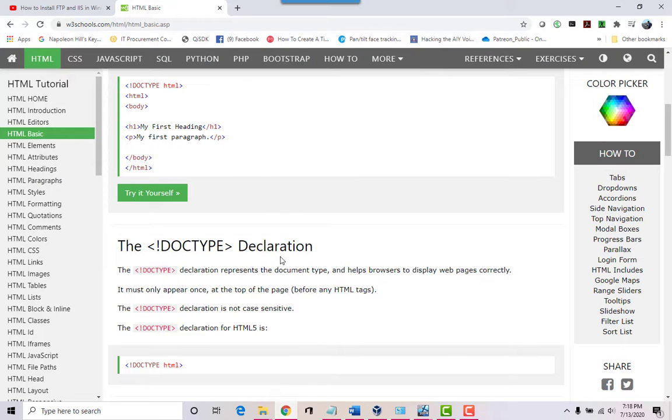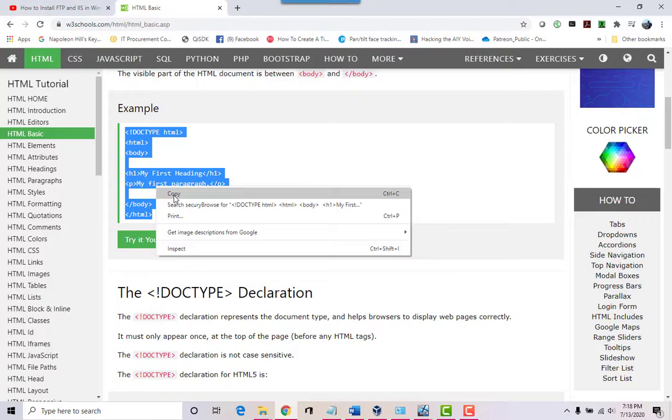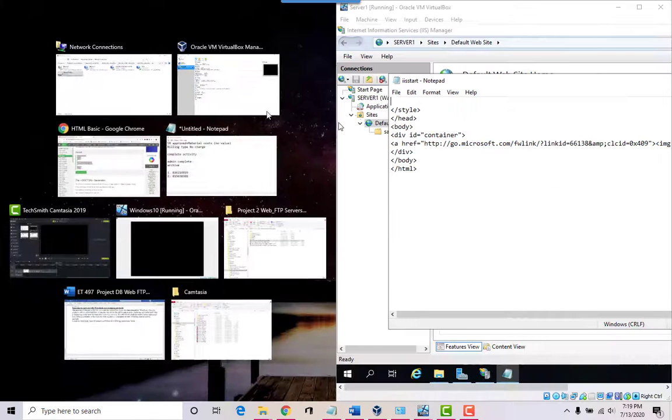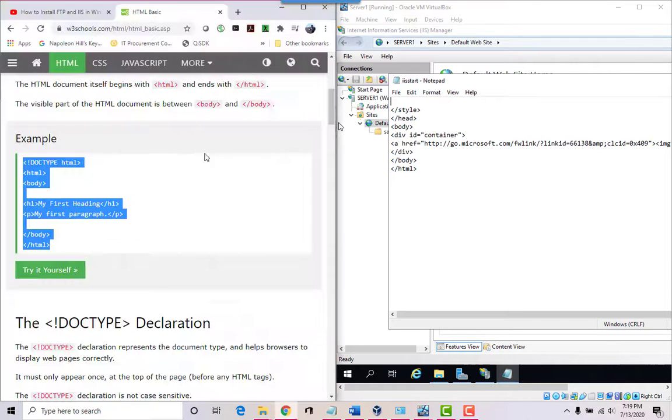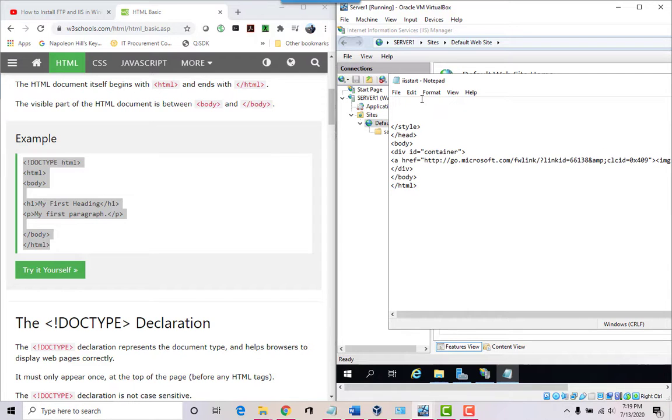Let's look at an example of a simple page. So here's a simple web page. We're gonna have to just type it in real quick. So let's look at this real quick here. We got our plain code. All right, I'm gonna pause and type this in. Okay, but it's gonna be basically what you see on that other screen.